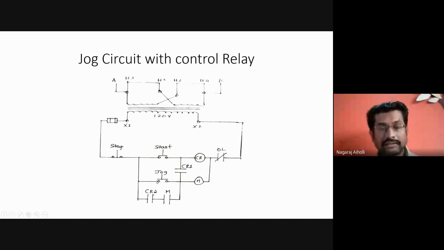But because of the jog switch, the circuit is complete here. The 120 volt input supply comes through the stop switch and through the jog switch, and it keeps the motor in the running state when you press the jog switch, even after releasing the start button. Understood, sir? So the motor stays running after the start button is released because of the jog switch being pressed.